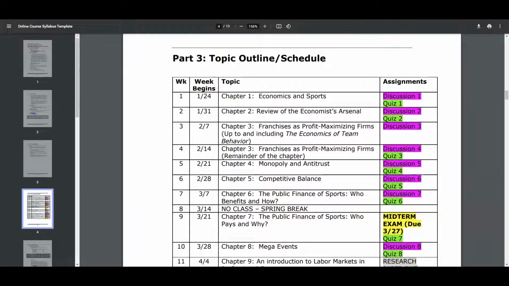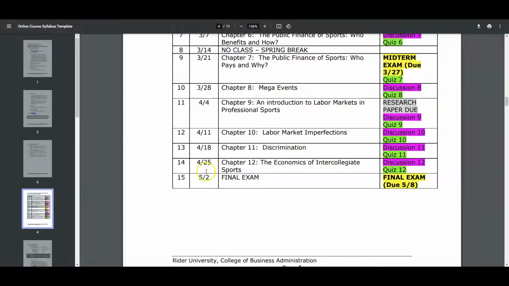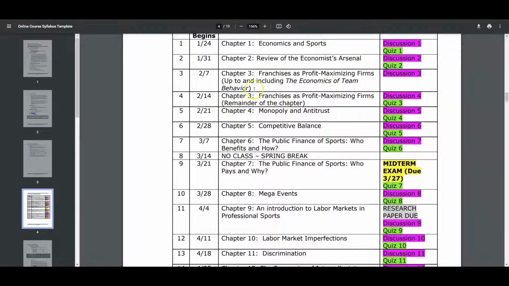I'll show this also in Canvas in a minute, but you can see within each week what chapter we're going to be covering, and then the assignments. I tried to color code to make it a little bit easier to see, but again, everything is set up in there. For the most part, we're doing one chapter a week, and for the most part, you're going to have a quiz and discussion within there. So moving on,